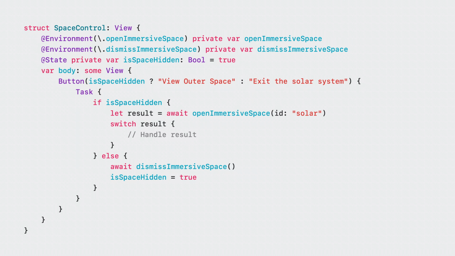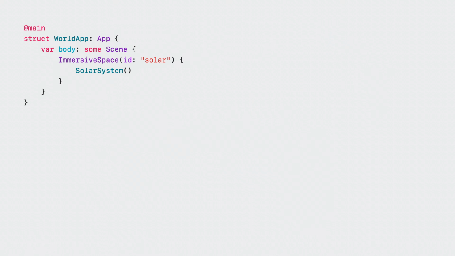Opening an immersive space may fail. An open immersive space will tell you via its result whether the call failed or succeeded. Make sure to have proper error handling. Coming back to our app that we defined at the beginning, we can now just add our launch window right here. Notice the order of our two scenes.